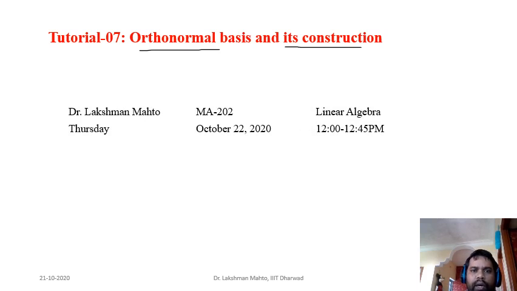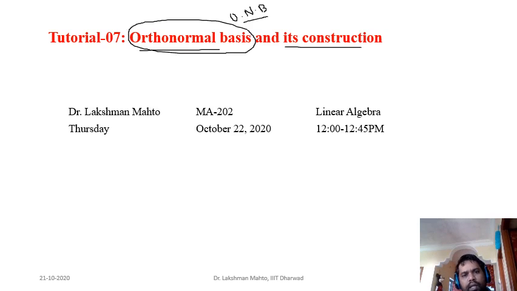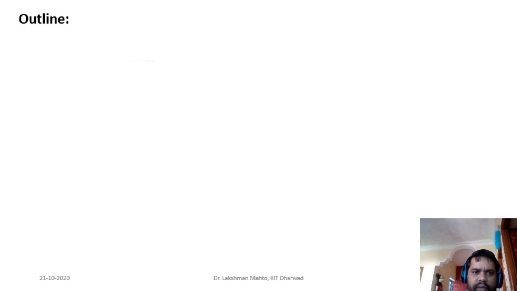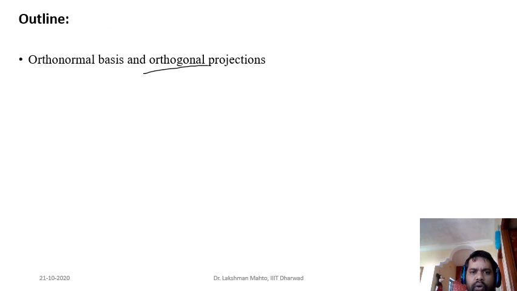So till now what we have seen is that either we are given an orthonormal basis, or by some hit and trial method we come to know an orthonormal basis of a given set. When I say orthonormal basis, I am not talking about the standard basis in general. The standard basis is known to be an orthonormal basis, so we won't talk about it. Whenever I use the word orthonormal, recall that it generally happens to be a non-standard kind of basis. So I will talk about the outline of today's tutorial.